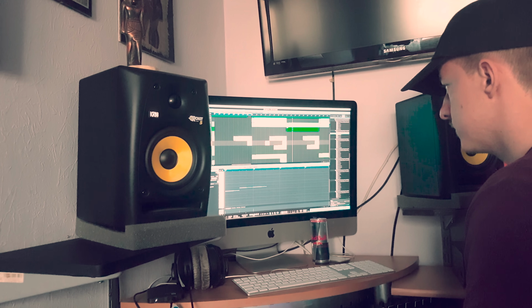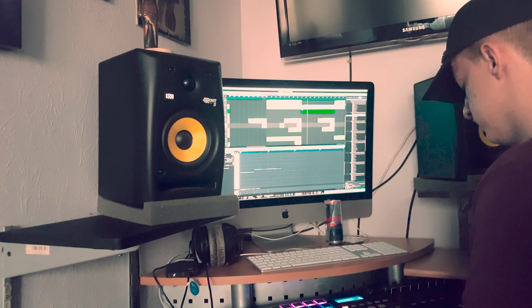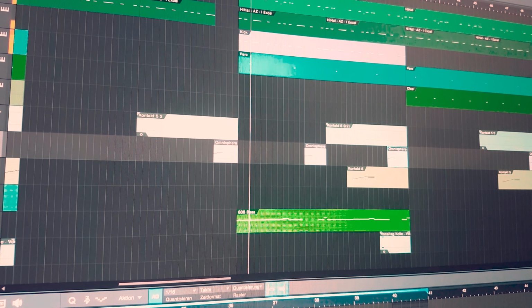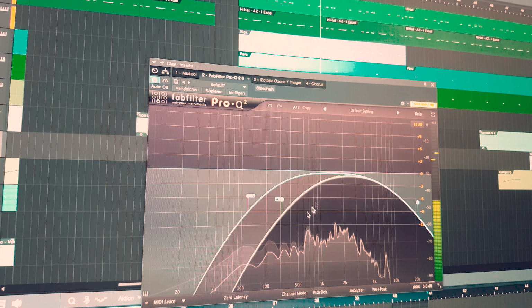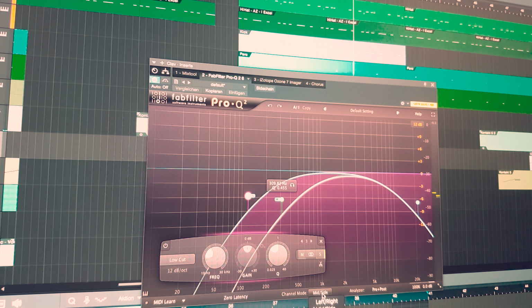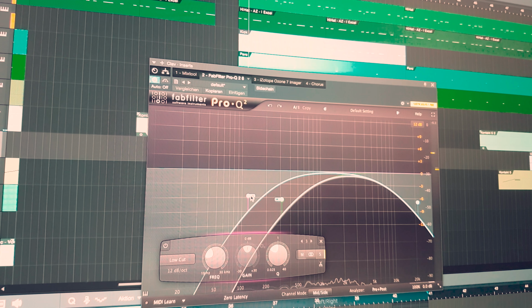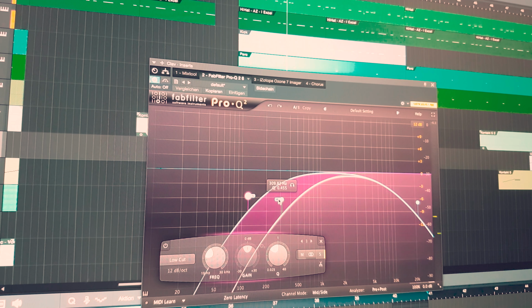So then I opened up Omnisphere and I found this sound. And this is the pattern I came up with. So for the mixing I added the equalizer, but I changed the mode to mid-side. So I cut out some of the sides and a lot of the mids to make room for all the other instruments and especially the bass.